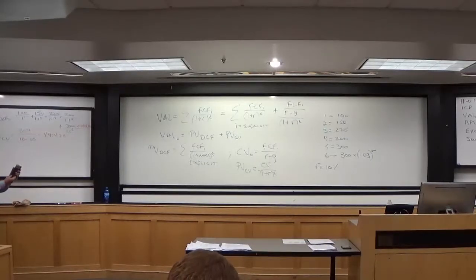So in that case, we start at 0 CFJ, so 0 at time 0. 0 CFJ. And then we're going to say 100 CFJ, and it immediately tells you to put it in for time 1. 150 CFJ, puts it in for time 2. 225 CFJ for time 3. 200 CFJ for time 4. And then 300 plus